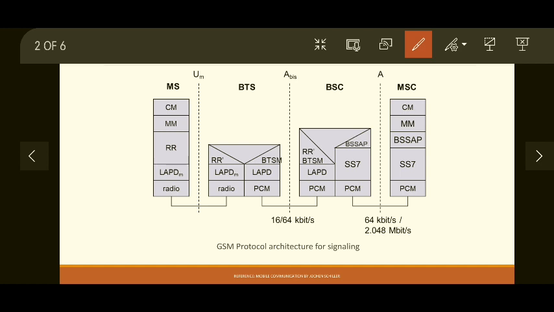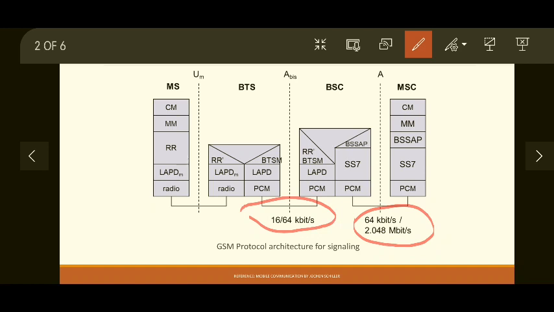Okay, so as you can also observe, the communication at different entities happens at different data rates. Like BTS and BSC communicate via 16 to 64 kbps, whereas BSC to MSC communicate via 64 kbps to 2.048 mbps. Okay, the reason for that is the different use of media at the physical layer at different entities.